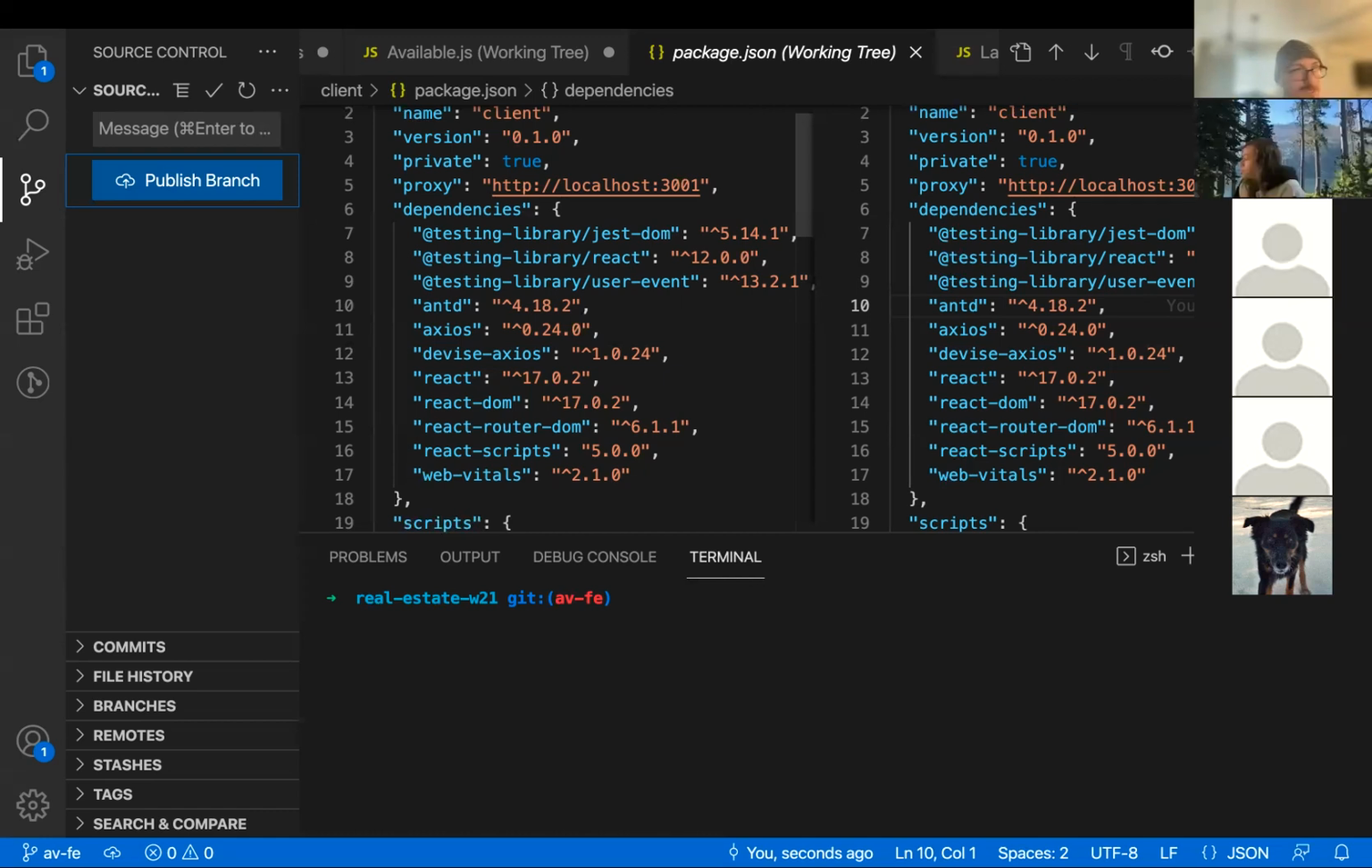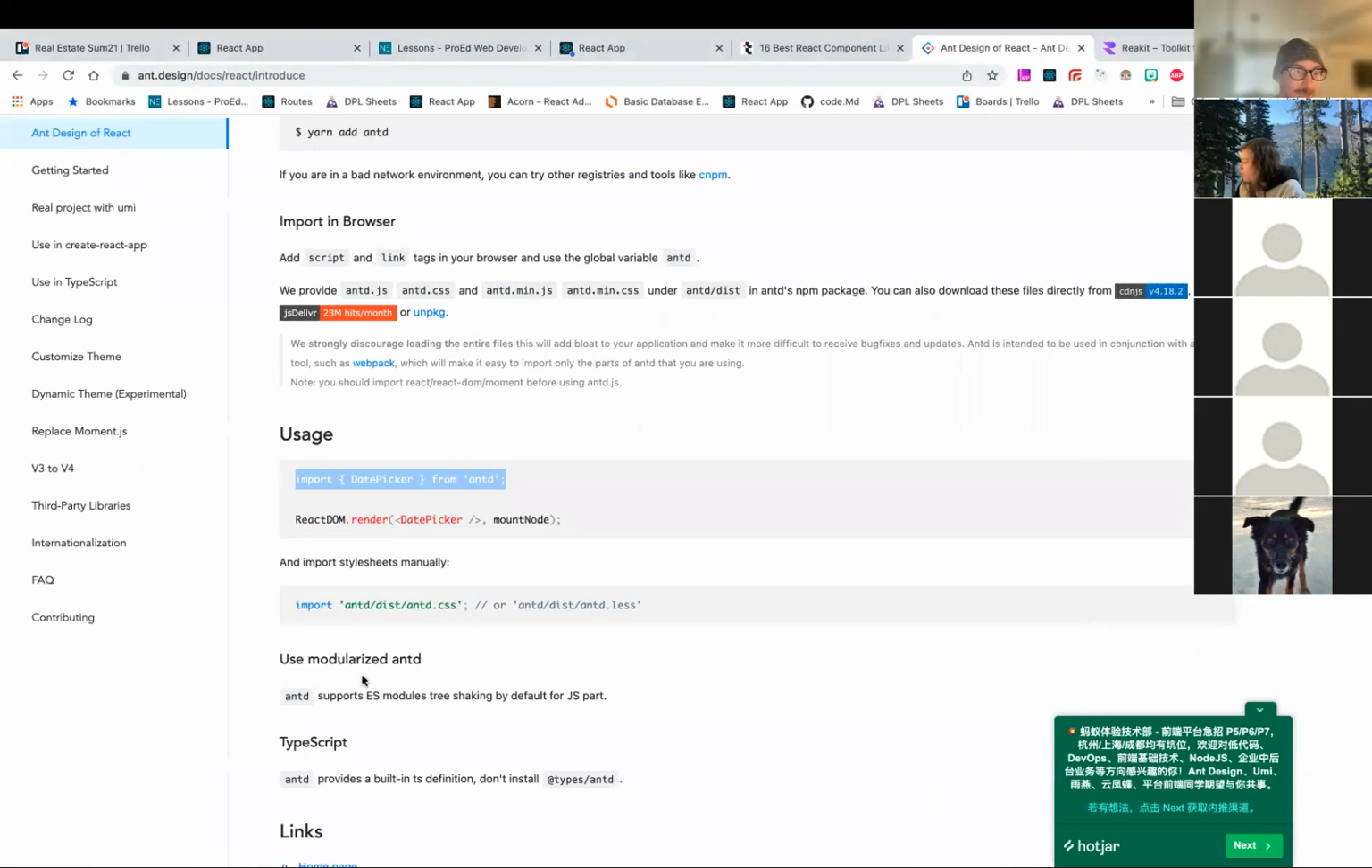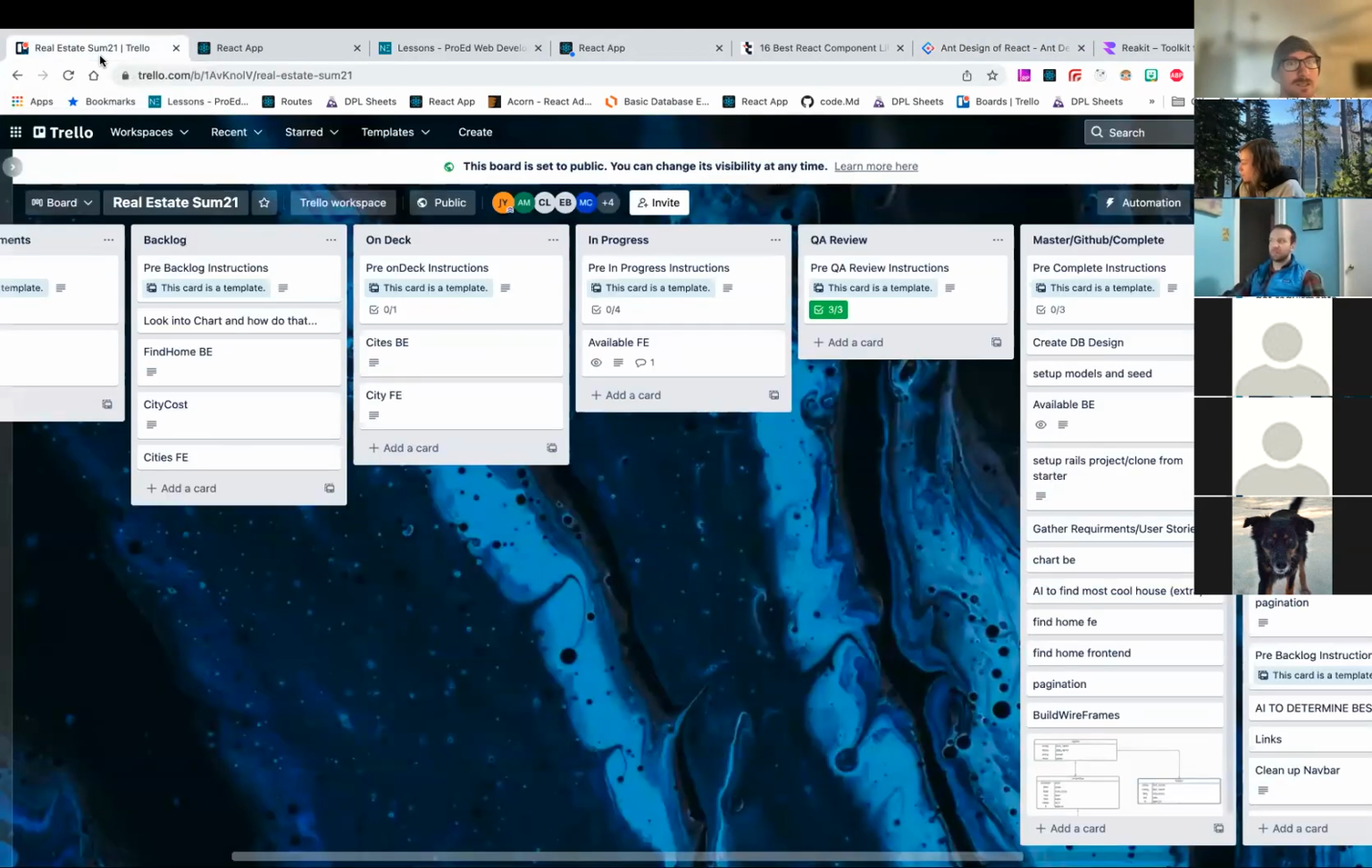All right. Cool. So we have installed Ant Design. Now, if I'm looking at my Trello card,